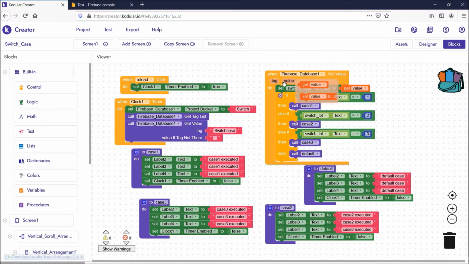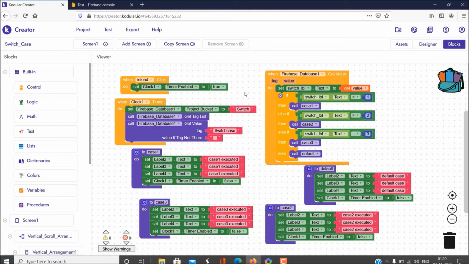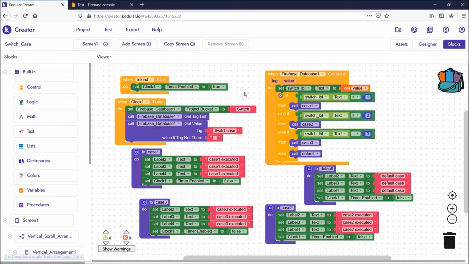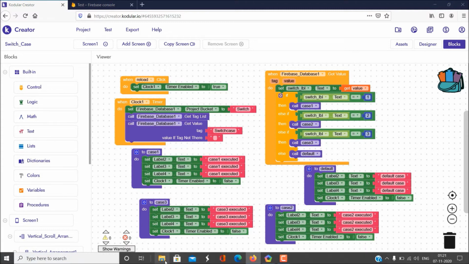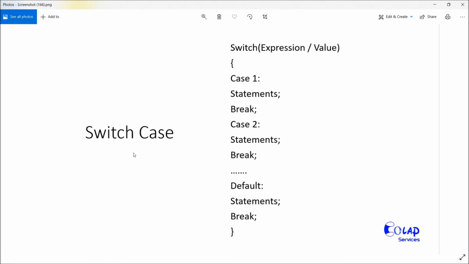So these are the blocks, guys, for switch case. Generally, what is meant by switch case? In a switch case there will be an expression or value, and for that expression or value you need to call a case number. Look at this screenshot of a switch case.